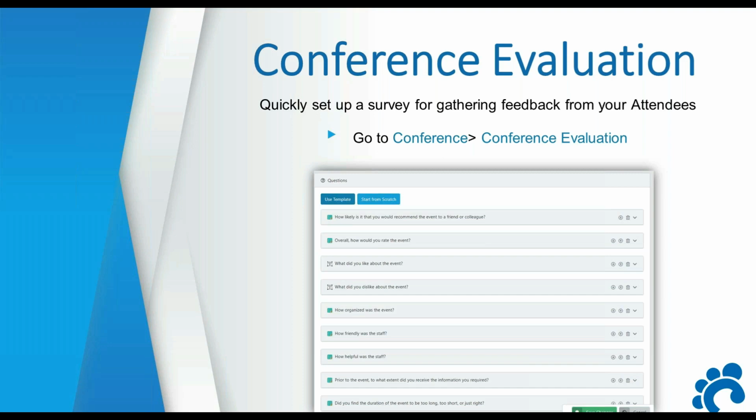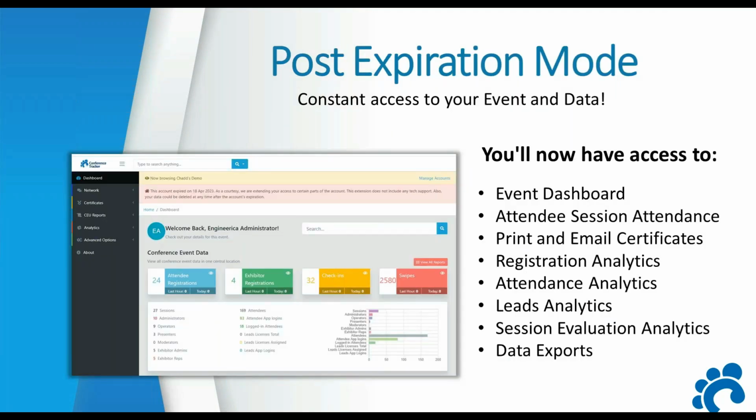And this has actually been out quite a while, and probably one of my favorite newer features from 2023 was our post-expiration mode. I can't tell you how many times one of my clients has emailed or called me and said, hey, I need to get back into my account because I need to send out a certificate, so-and-so says they didn't receive it or they lost it, and I'd have to give them temporary access to their account to send those out. Well, now you're going to have access to all of your old events to see things like the